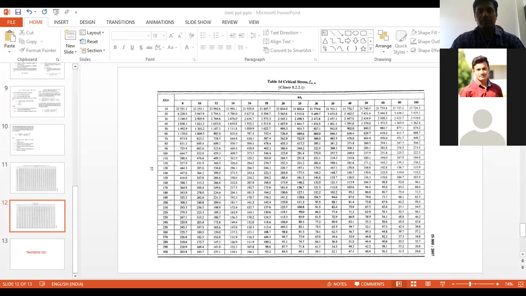Okay, so we'll move further. Now step number 2, design calculation of bending moment and shear force. As the UDL is given, we can calculate the bending moment, that is WL square by 8, which comes to 84.61, and the shear force WL by 2. It's a very simple formula, it comes to 71.25 kilonewton. Now come to the third step, trial section.